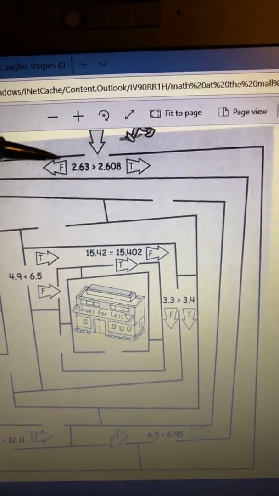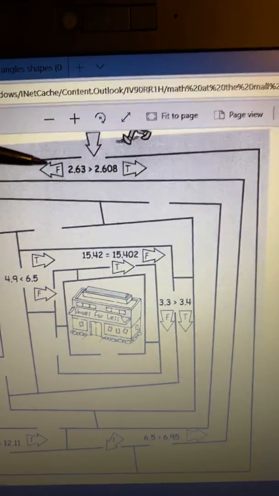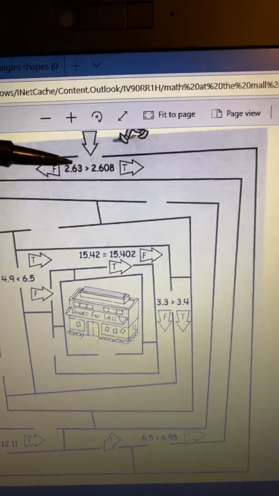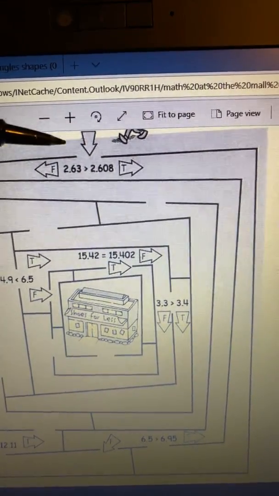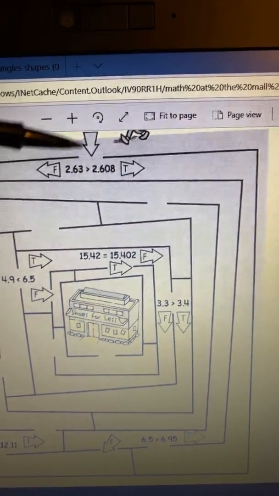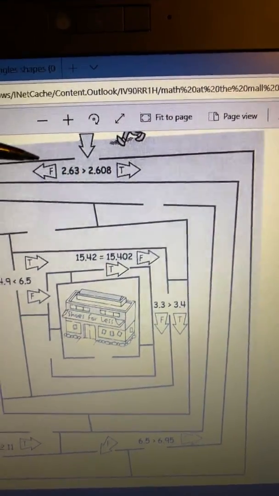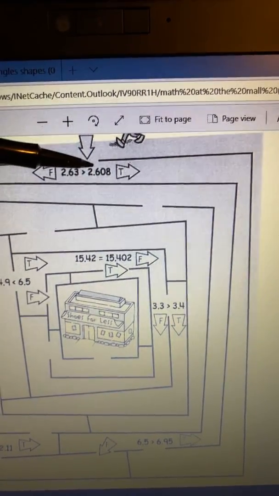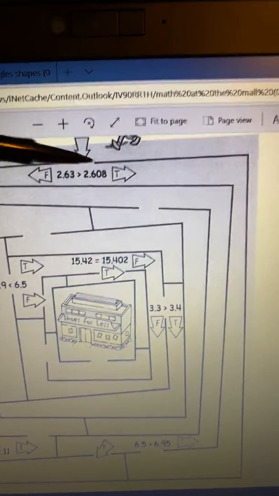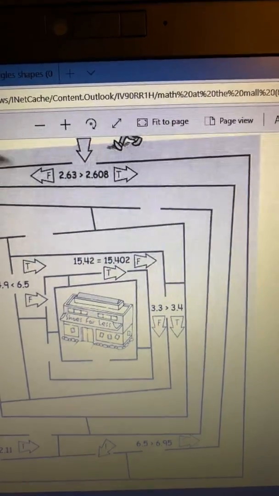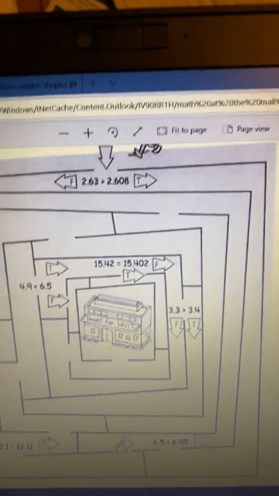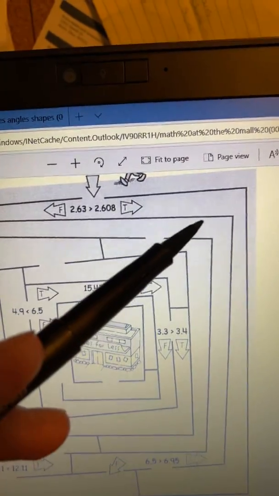So when we're looking, the first number in both of these is 2. So we're going to move to the second number, which are both 6. So we're going to look at the third number. This one is 3, this one is a 0. So 2.63 would be greater than 2.608 because the 3 is bigger than the 0. So that would take us this way